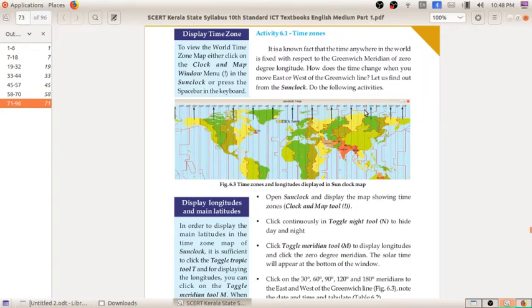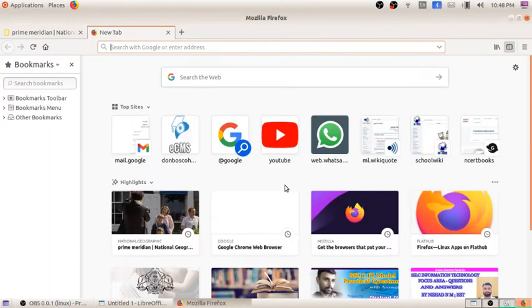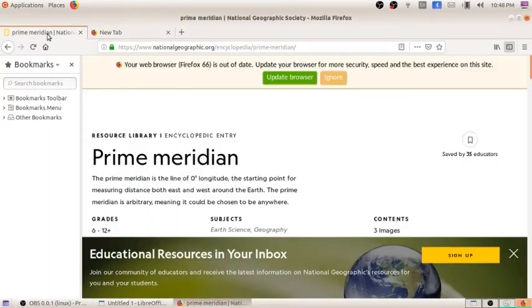We compare all other time zones to the Greenwich time. This Greenwich time comes from a place, Greenwich in London, and accordingly we have the Greenwich meridian. This is also known as the prime meridian.